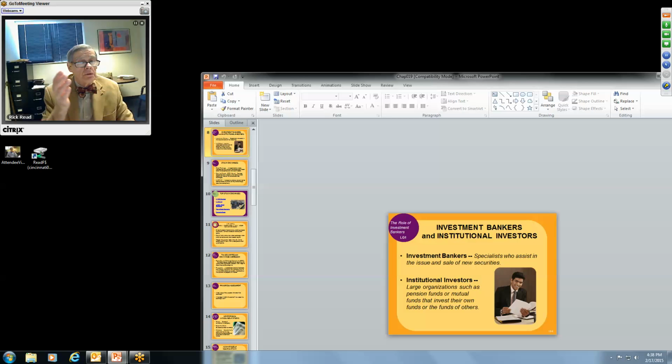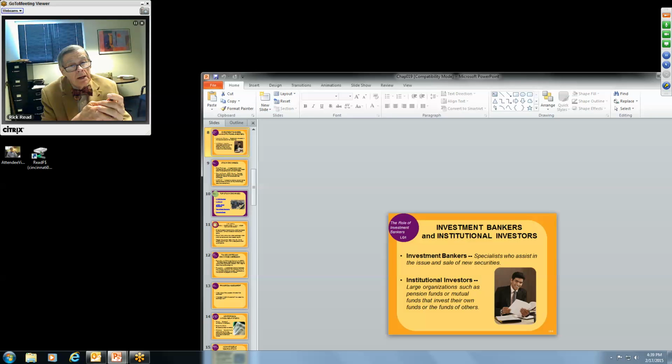Now we have investment bankers and institutional investors. An investment bank, and by the way, at one time we had investment banks, and that's all that they did. There's been some blending of that today. Some of the large banks like Chase, Morgan Stanley, and Citibank, and a few others also have an investment arm in their banks that they didn't have years ago. But an investment bank, or investment bankers, and then the people that are employed by the investment bank,